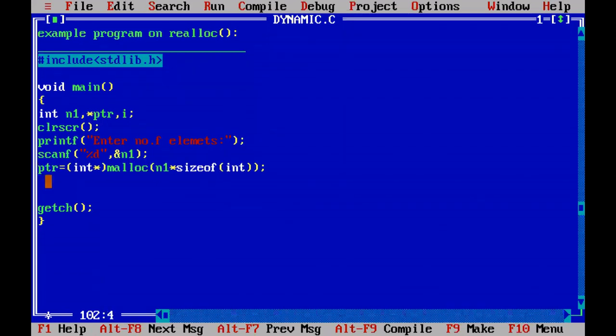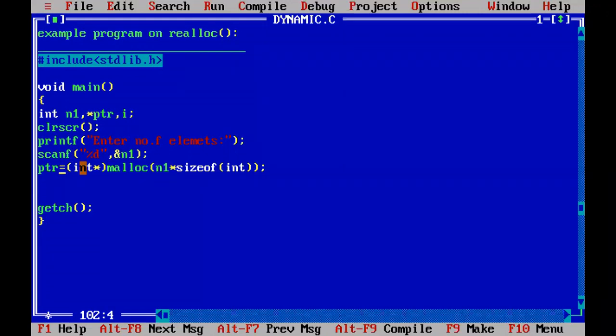That we will hold with ptr. Now ptr is pointing to the starting element address out of 5 elements. So it is pointing to the first element address out of 5 elements. And how to go to the next element address? ptr plus 1. How to go to the third element address? ptr plus 2. Like that we can represent each element's starting address.